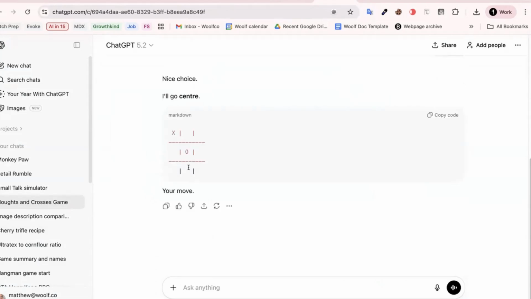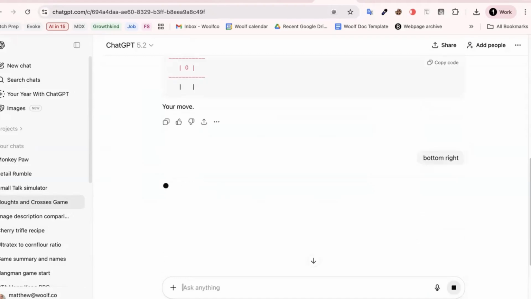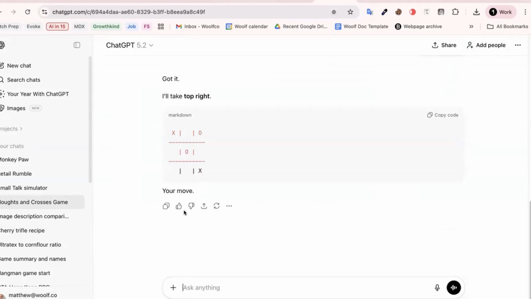There you go. It's gone in the middle, which is where we should have gone, but too late. Next move, anyone? Come on, give me a square. Bottom right. That's the wrong square, but never mind. You're like a teacher asking for input, but also immediately telling us that we're wrong.